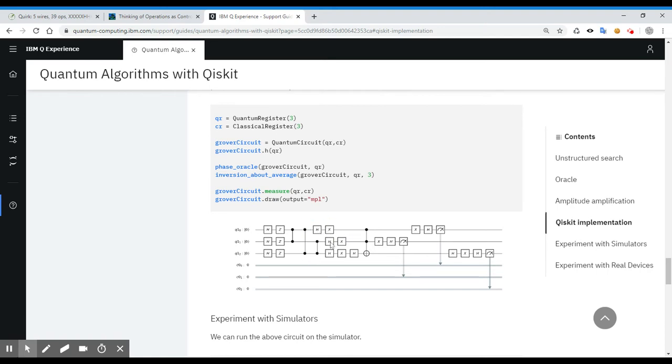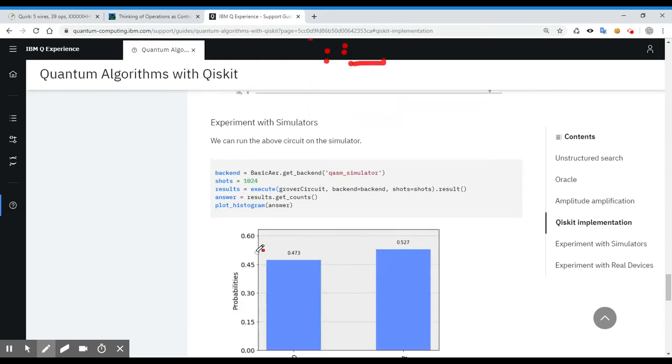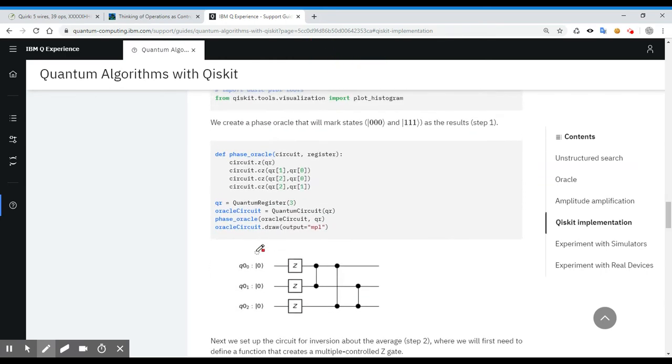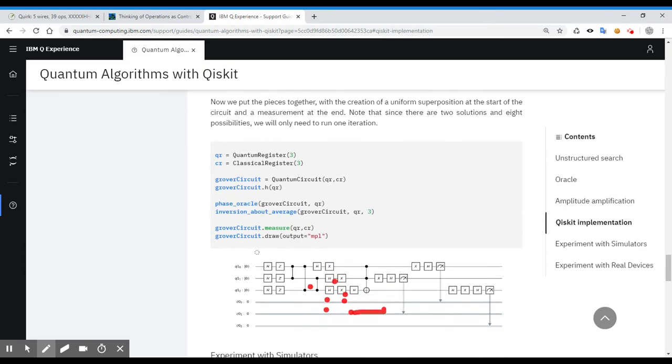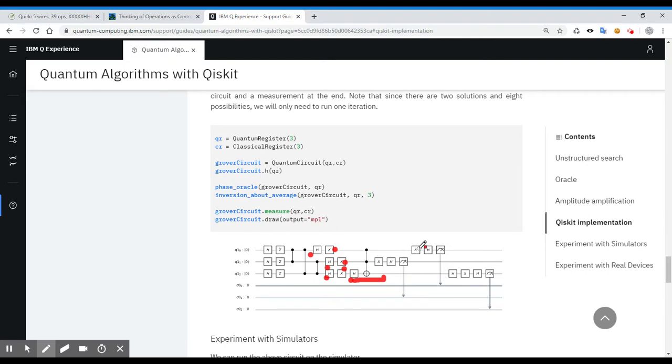Yeah, this is a bunch of X. It's a bunch of Hadamards. They all should belong to the same column, and then you've got the layer of X. Then you've got the control Z. I still don't get why they don't use the control Z. I mean, maybe it's because it doesn't come natively with Qiskit, I guess. I don't know. And then you've got, yeah, you see that's kind of awkward because of how the measurements are organized, and then you've got